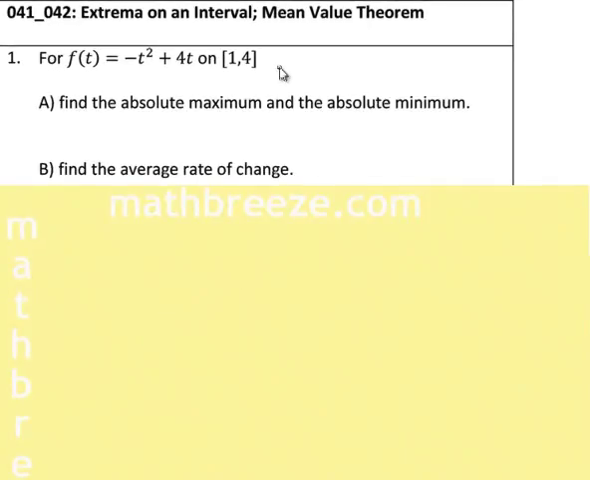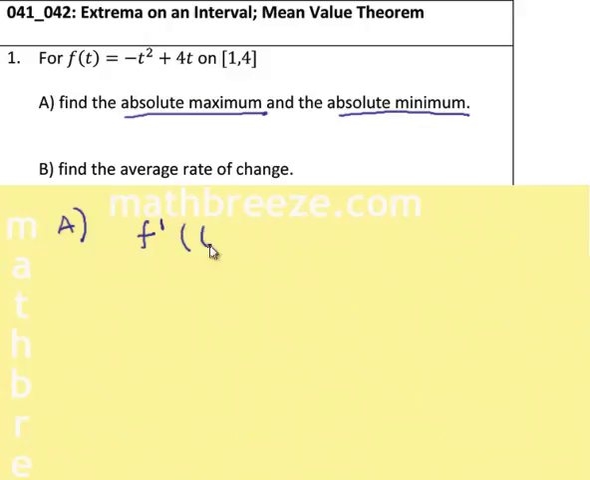In number 1, we have a function on interval [1, 4], and in part A, we want to find the absolute maximum and the absolute minimum on interval [1, 4]. So we're going to start by taking the derivative and finding critical values. Remember, critical values are where the derivative is 0 or where the derivative doesn't exist but the function is continuous. In this case, the derivative will exist everywhere, and the critical values will just be where the derivative is equal